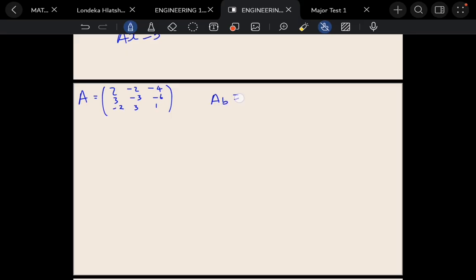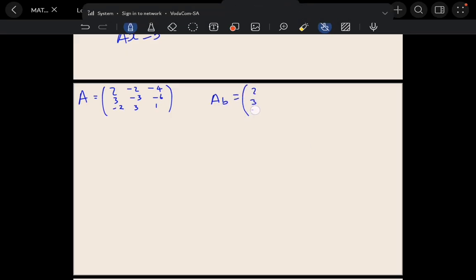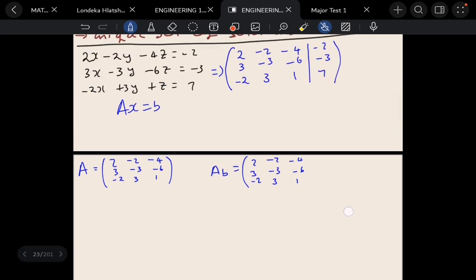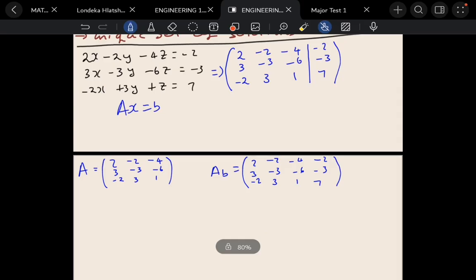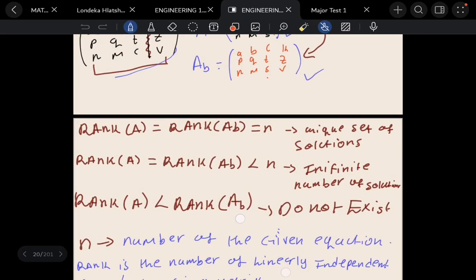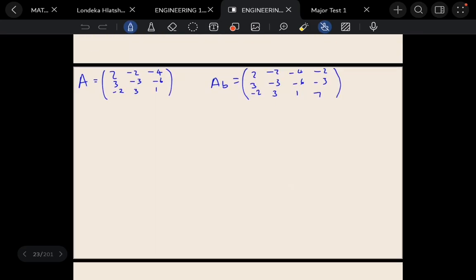Matrix AB is 2, 3, minus 2, minus 2, minus 3, 3, minus 4, minus 6, 1, and then minus 2, minus 3, 7. Right, that is matrix AB after all. Then remember, the trick is we need to follow this. We need to find the rank of A, rank of AB. This question always revolves around the same thing: the rank of A and the rank of AB. Right. So let us find